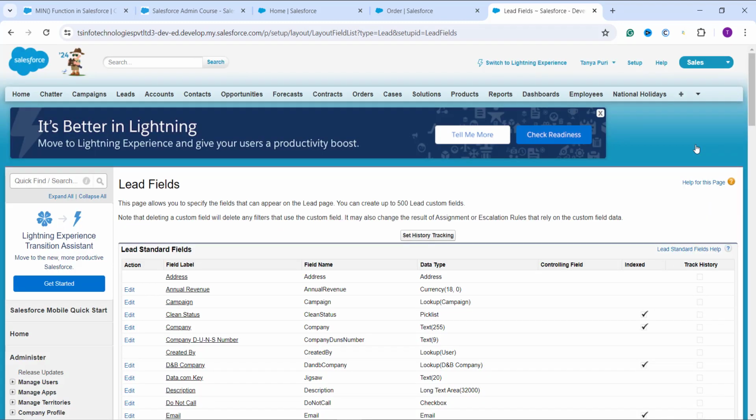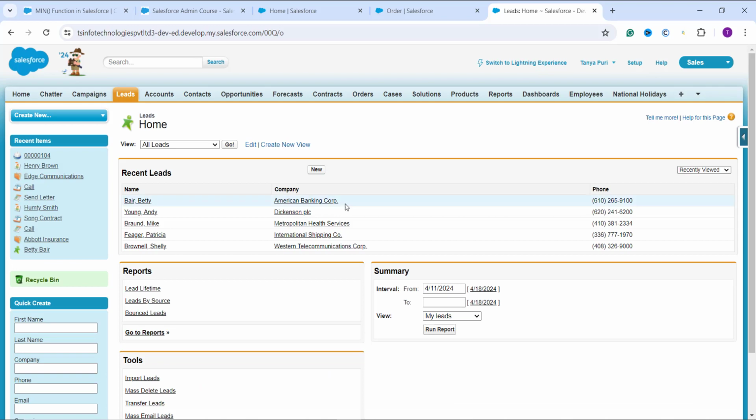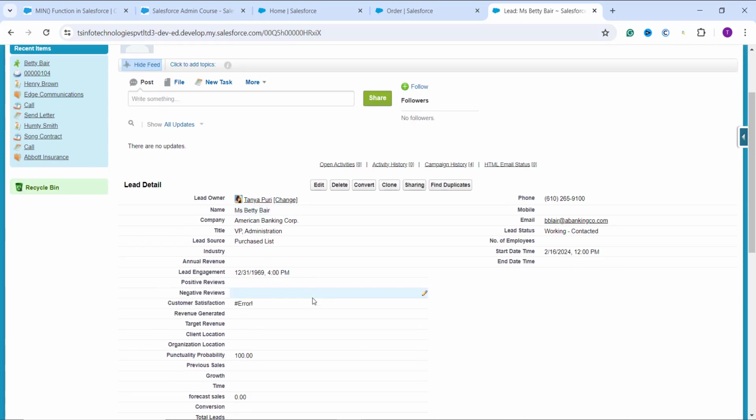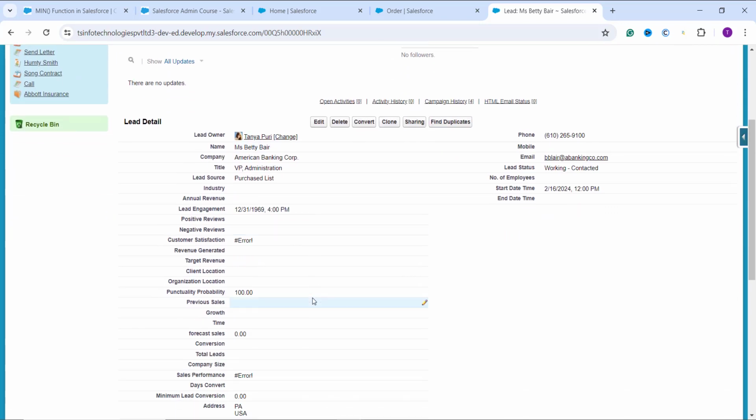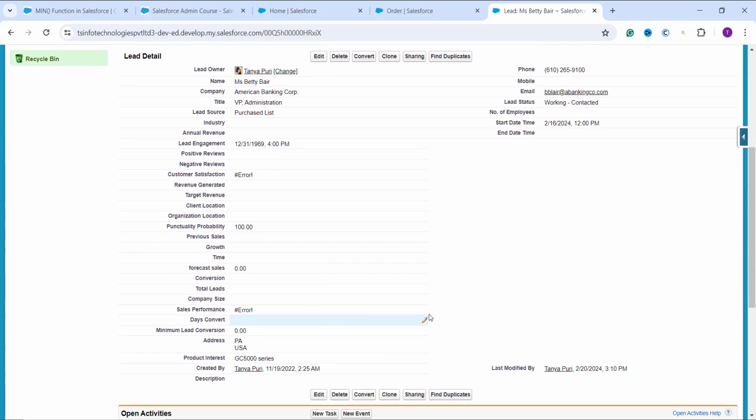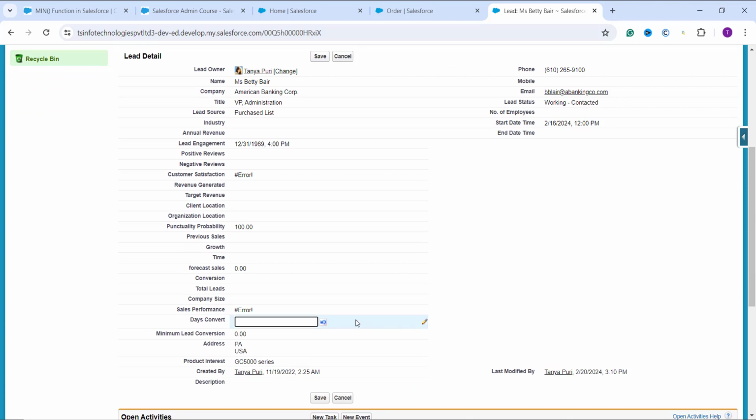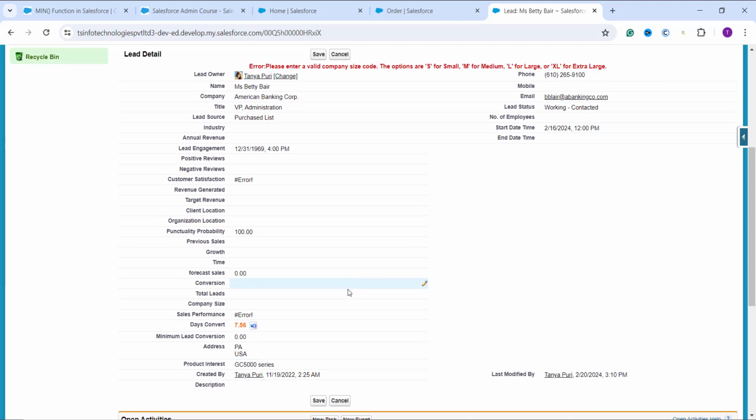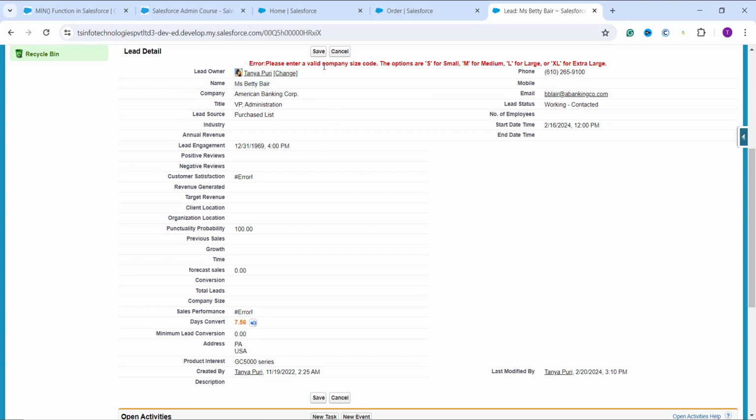Now to check how it's working, we need to click on the leads object given on the top of the navigation bar, and it takes me to the lead page. Now I'm going to randomly edit one. So to let you know how it's working, here I am editing this one. Now I have to enter the days of conversion. So here I am entering it as 7.56 and click on save, and once I click save, it is giving me an error like